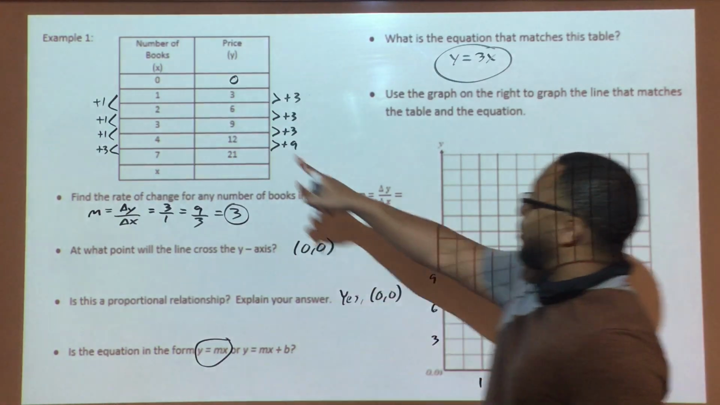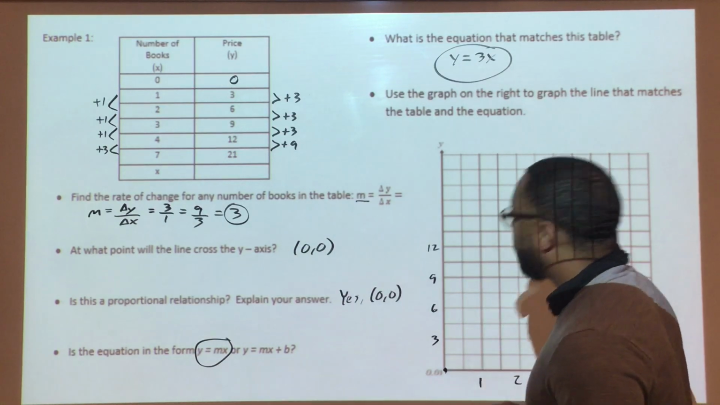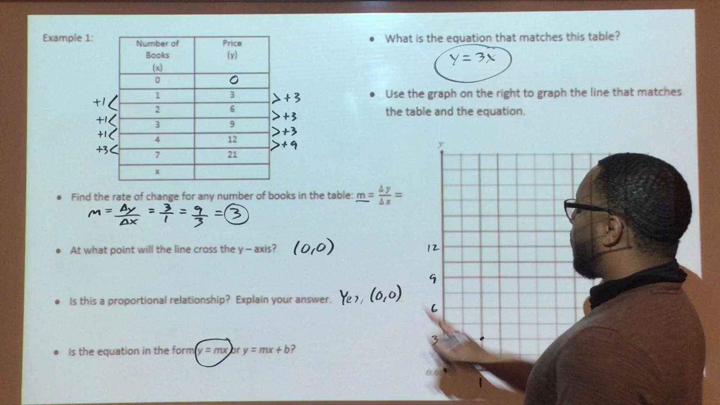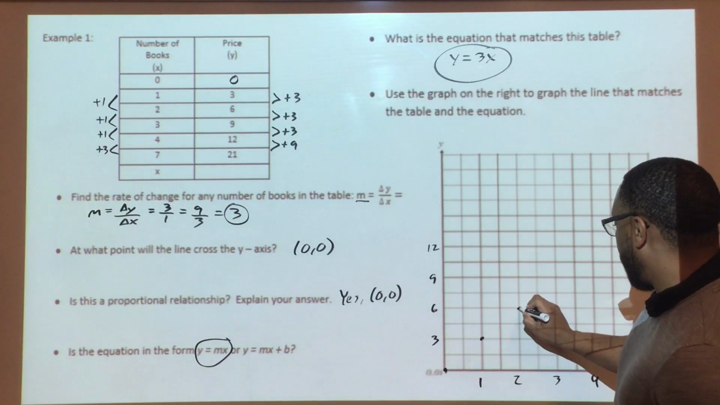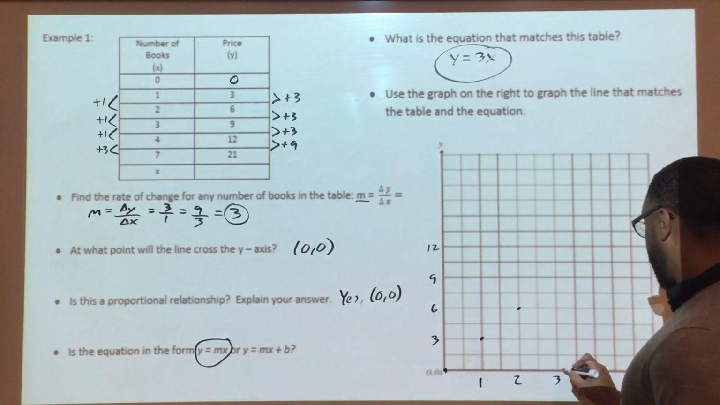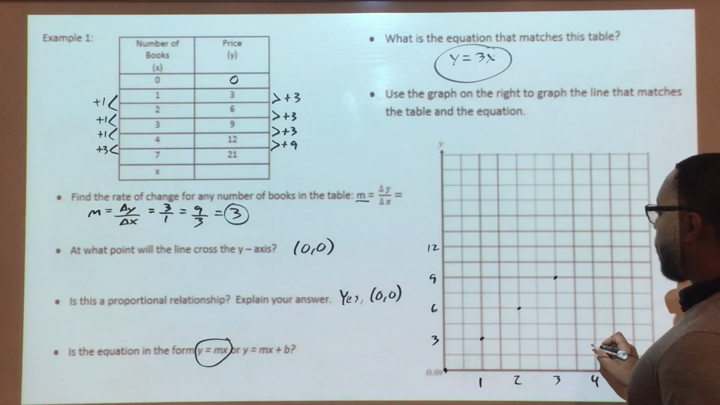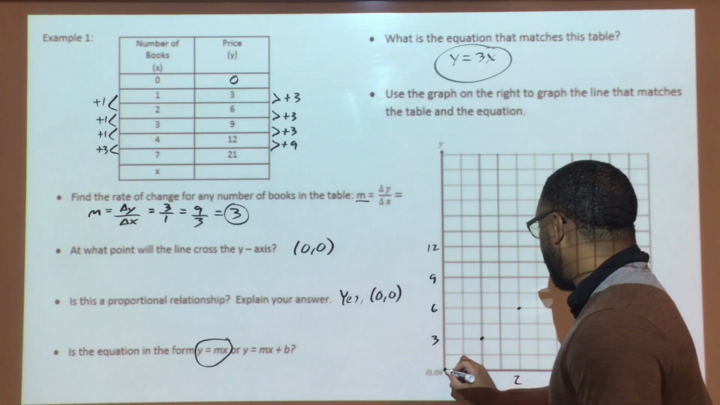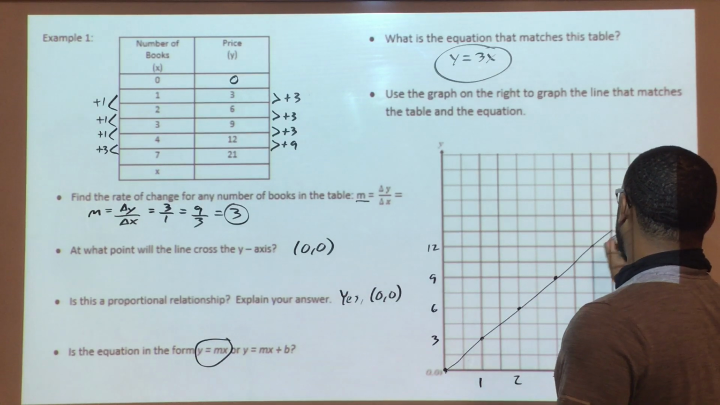So at 0, 0, I will put a point. At 1, 3, I will put a point. At 2, 6, I will put a point. At 3, 9, I will put a point. And then at 4, 12, a point. And my line will not be perfect, but I'm going to draw a line that goes through those points and